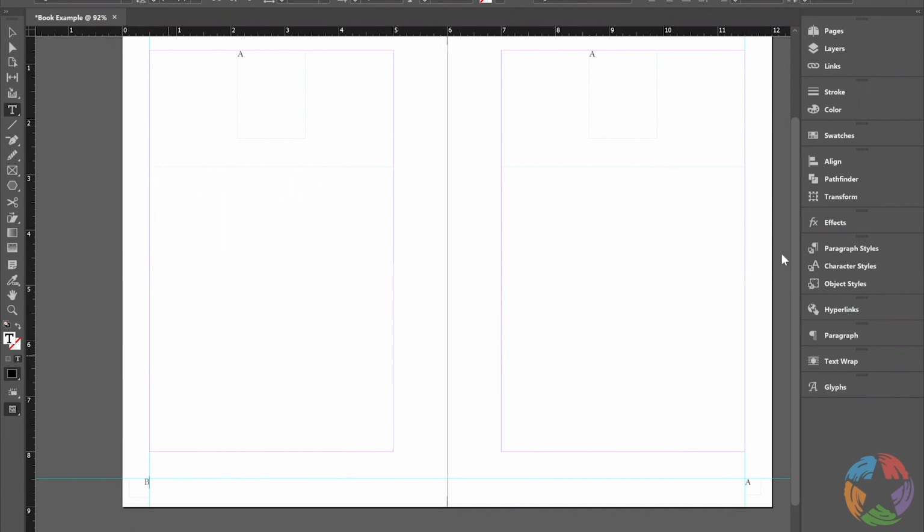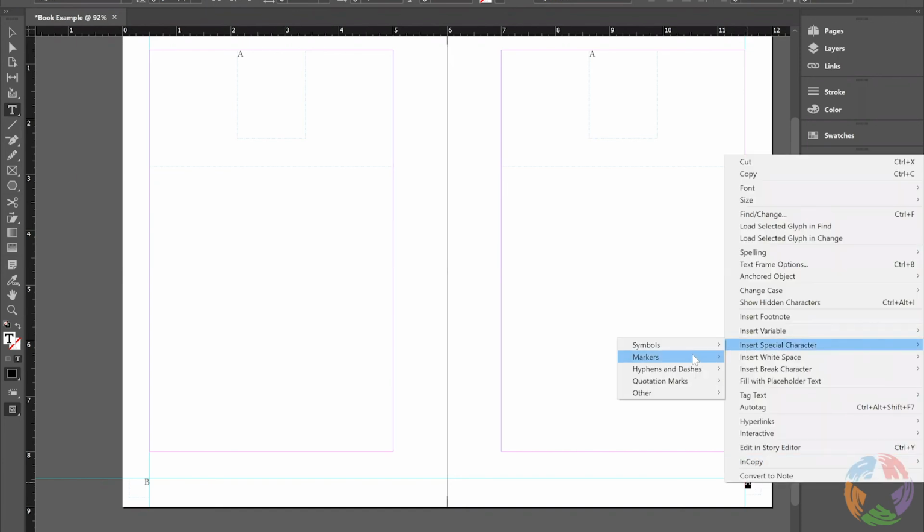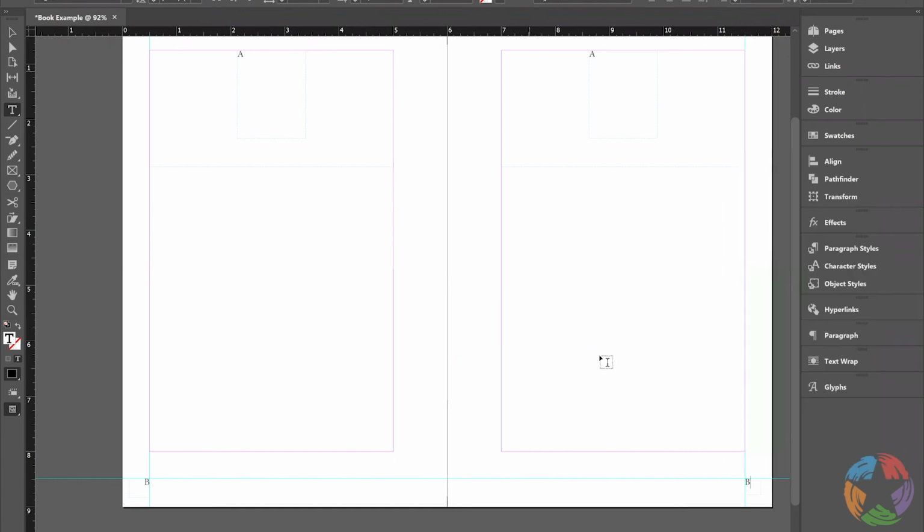And then I'm going to do the same thing over here. Right click, Insert Special Character, go to Markers and select Current Page Number. And then for chapter numbers, you can do the same thing, or what I actually would recommend doing is just making sure it's the accurate size. And then when your chapter page is selected, I'll show you how to update that manually. Well, not manually, but